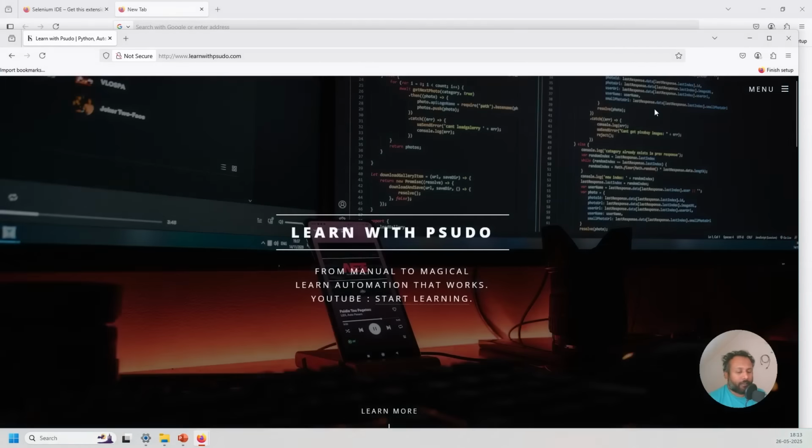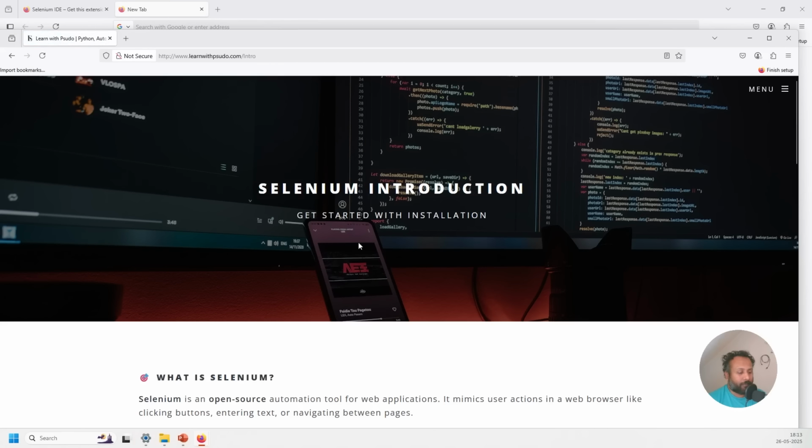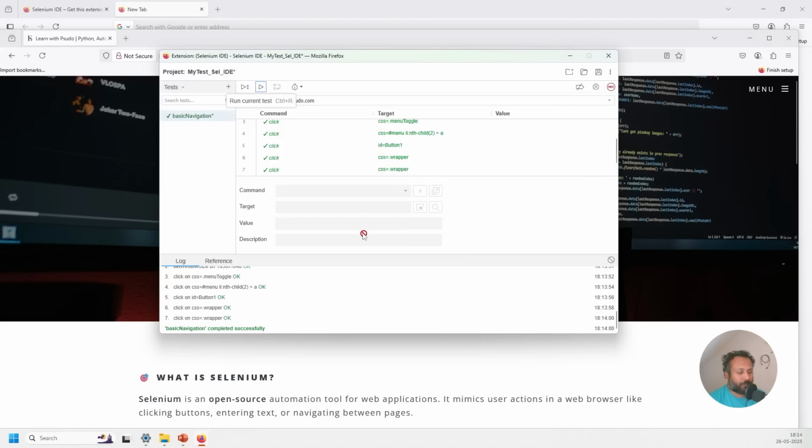Now it clicked on the burger menu. It opened Selenium demo. It went to Selenium introduction and close. All right. Pretty simple. So it's more like a record and playback here. You don't have other controls here, but yes, if you want to enter some value somewhere, or let's record another